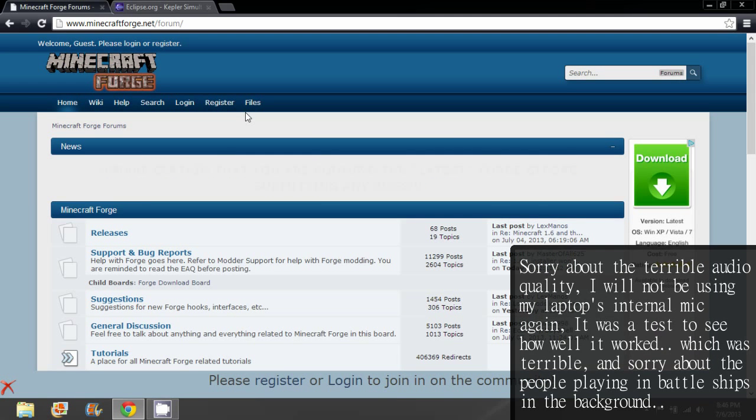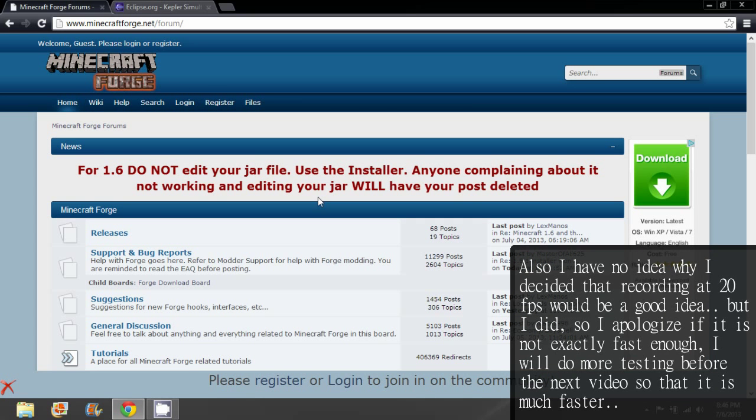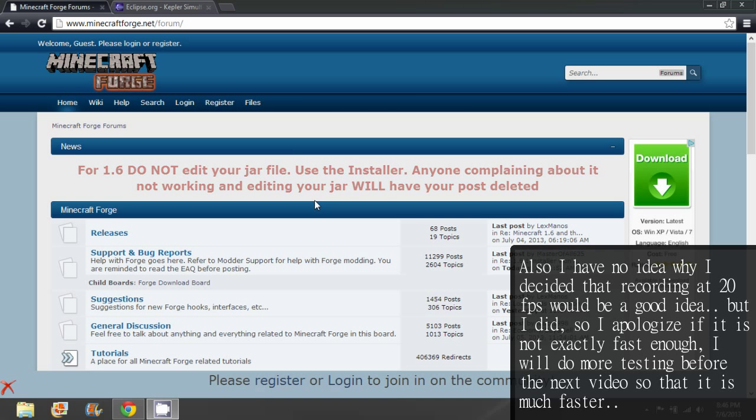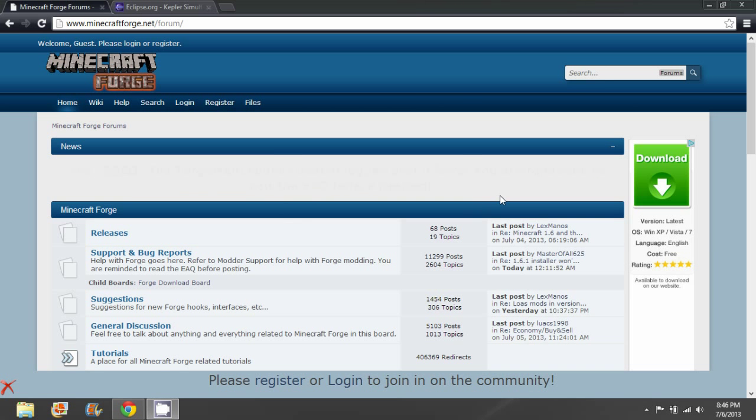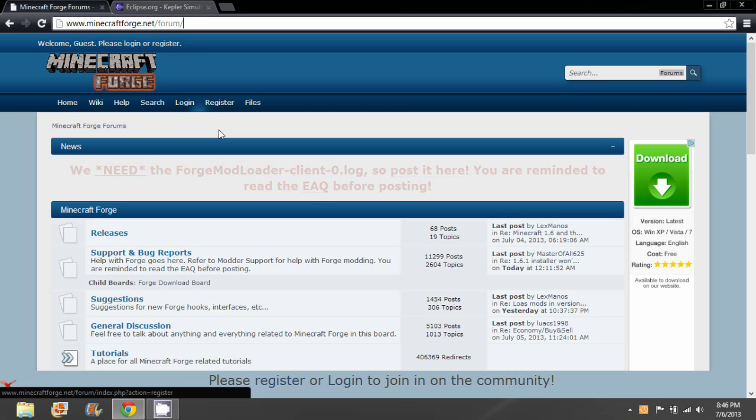Hello, I'm Dustseeker512, and in today's tutorial, I will be showing you how to set up the Eclipse environment for modding with Minecraft Forge and Minecraft 1.6.1. Even though it's not really recommended as of right now, it is still out, and you can still mod for it. So first things first, go to minecraftforge.net, which I'll put a link to in the description,